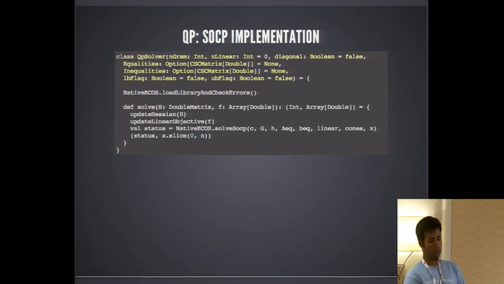Now, in this code, you can see how we implement a very basic SOCP solve. The API is a bit more complicated because you make your QP solver with the size of your Gram matrix, and we make use of the Breeze compressed sparse matrix. By this, you specify the structure of the equality constraints. The second one, you specify the structure of your inequalities. So this is like the complete formulation, and you can solve any linearly constrained problem.